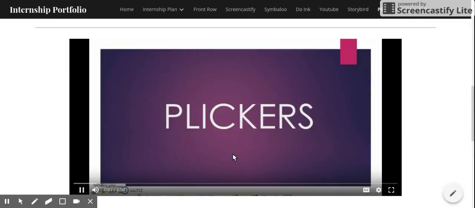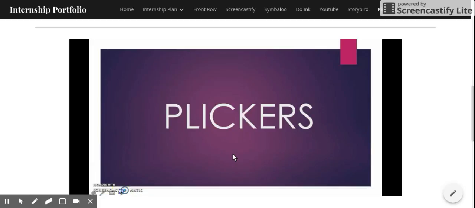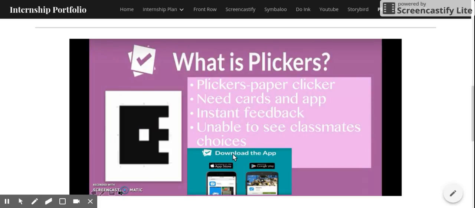So for my next tech tool, I'll be discussing Plickers. What is Plickers? Well, Plickers is a paper clicker. Instead of using ActiveOaths like we've used in the past, these